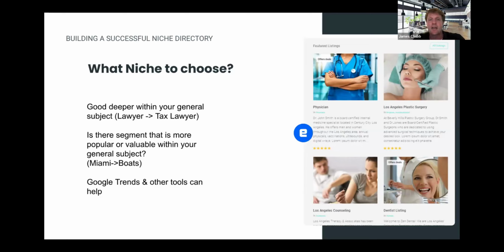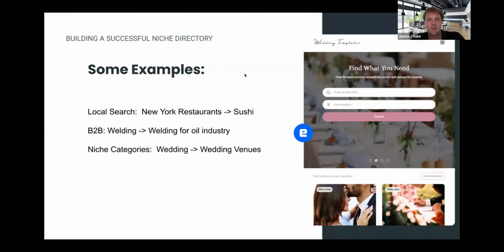and you can choose. And then the other thing I want to mention is that you can always, after you really nail one niche, expand and bring it out and go wider, either in terms of more geographic areas or a broader category. Just a couple examples of different things. In terms of local search, if you're thinking, oh, I'm going to do New York restaurants, even if the grand plan or even if your site is all about New York restaurants, you may want to start with certain segments of that. An example might be sushi in New York.